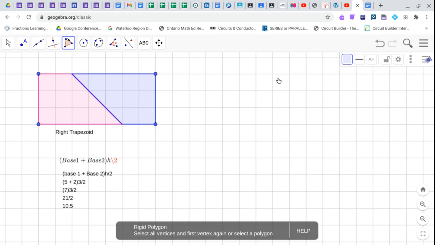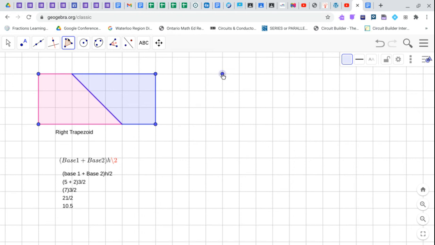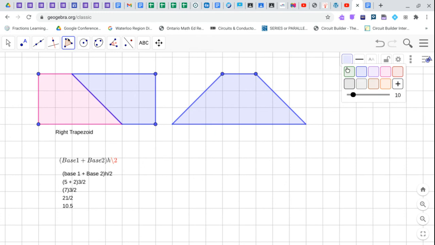Would it also work if we did a different type of trapezoid? Well, of course it would. But let's just do it anyways because it's fun. So we're going to go from here to here. I'm going to go like that. I'm going to go like that. And I go up to here. Let's change the color. How about green? Okay. So